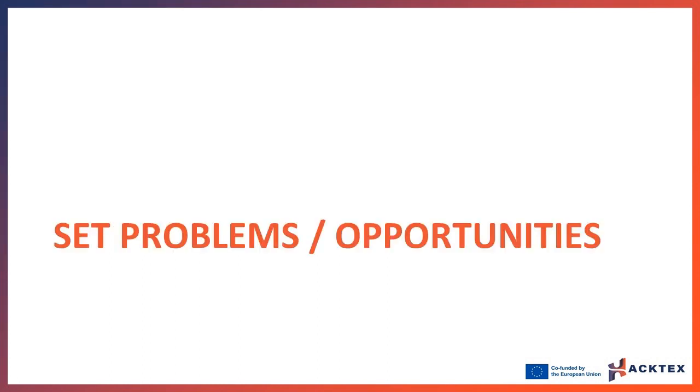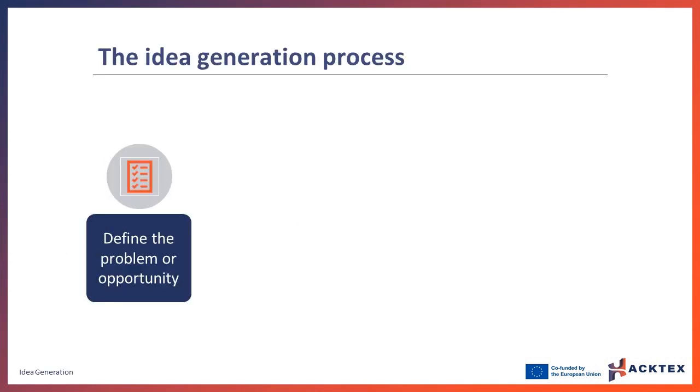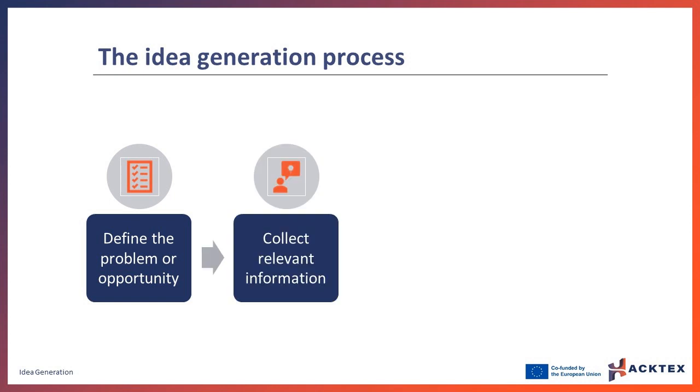The process starts with the identification of the problems we want to solve, or the opportunities we desire to exploit. Idea generation is the act of coming up with new, applicable ideas, and it's vital to the success of the creative problem-solving process. First of all, it's essential to have a goal in mind from the start, that is both specific and attainable. To get to the root of the issue, try to collect as much information as you can,